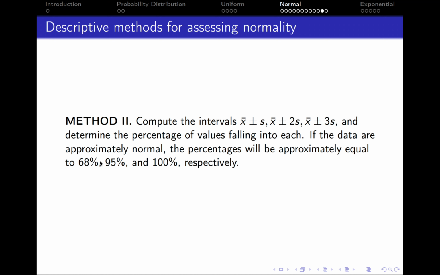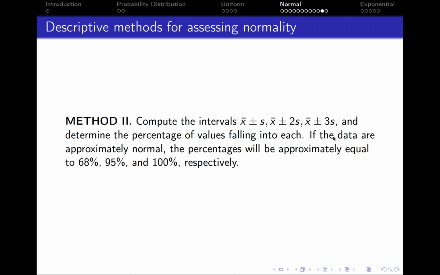So 68% of your observations will fall within the interval of mean value plus minus standard deviation. 95% of your observations or your values will fall within the interval of the mean value plus minus 2 standard deviations, and 100% of your observations, so all your values, will fall between the interval of mean value plus minus